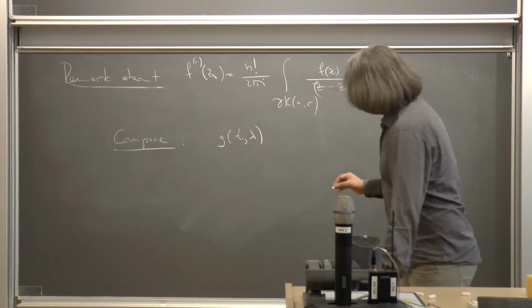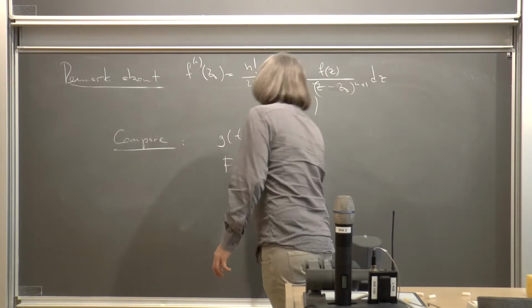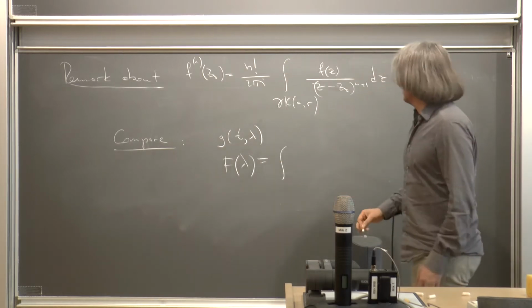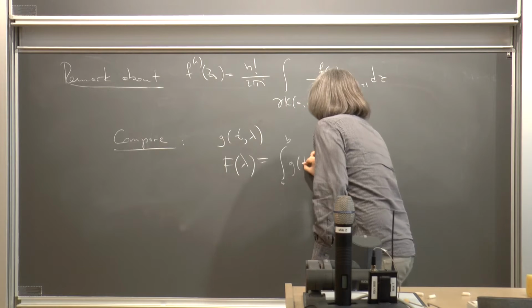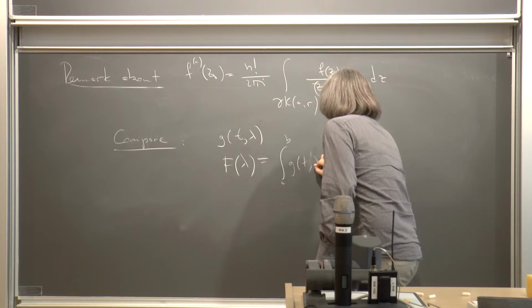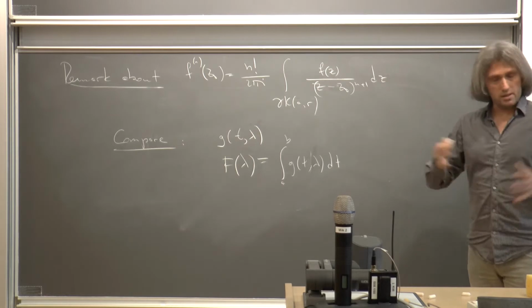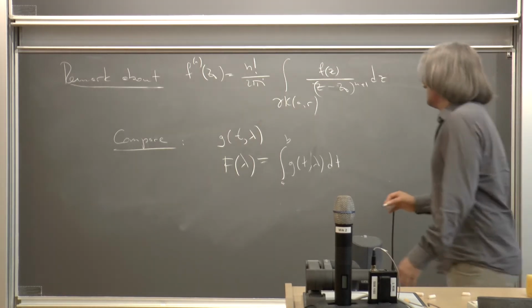And then you introduce a bigger function f of lambda, which is an integral, doesn't matter which integral, so maybe from a to b, g of t, lambda dt. Then sometimes, and there's a study in real analysis when this works, sometimes